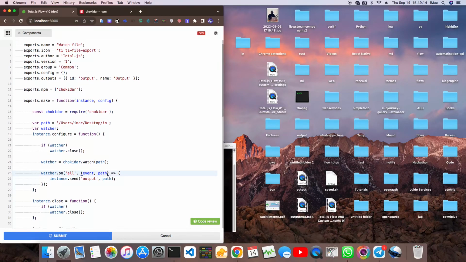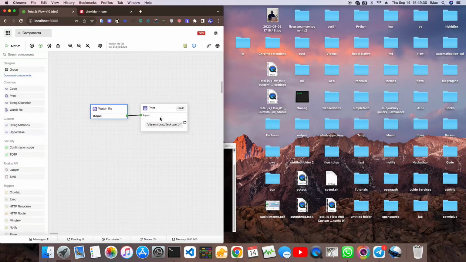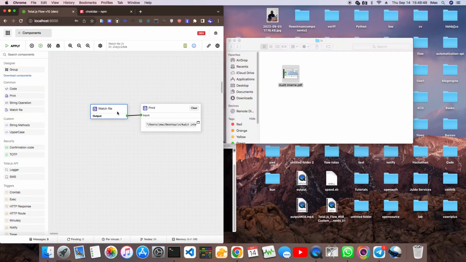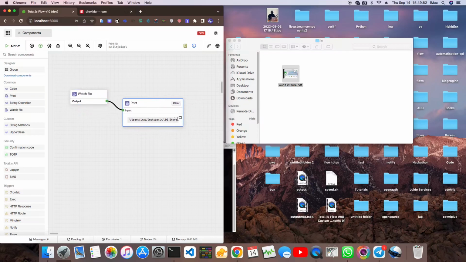Okay, how do I call it? Let me call it P, to make it different, because if we have the same variables like that, it is confusing. So let me clear it, and what I need to do is drag and drop any file here to see if the Chokidar component is going to detect it. I have a PDF file here. I drag and drop, and boom,